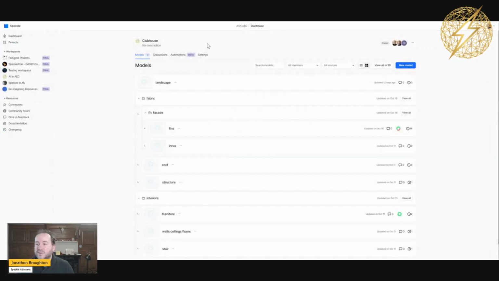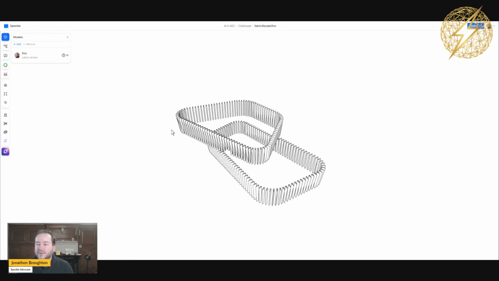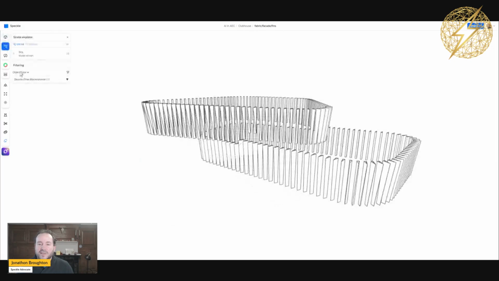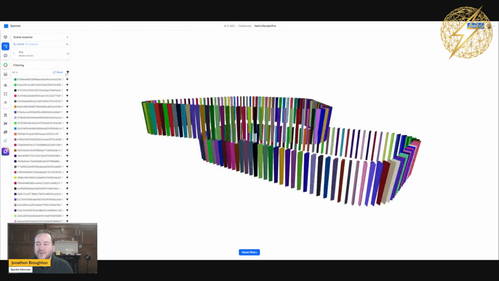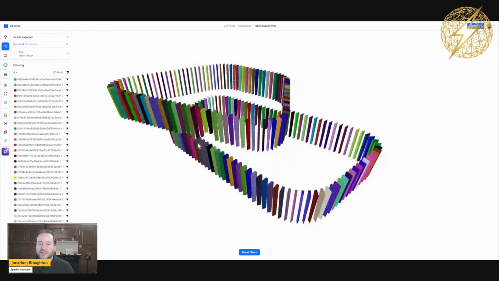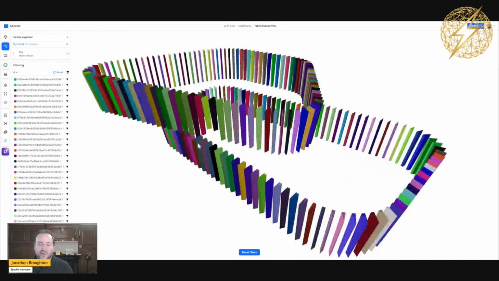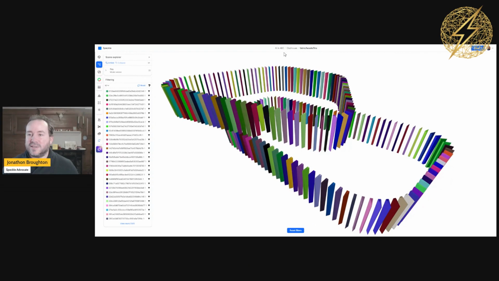If I come back to, let's say, fins, let's see if there's any data on those. Probably not. Let's say that there was a unique ID for each of those, then we're color coding it. We're able to then say, well, actually, I can get information out and do some data interrogation on the model as it exists.